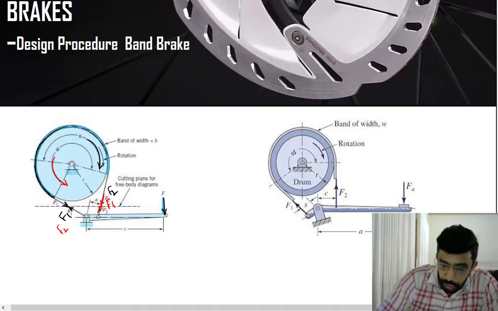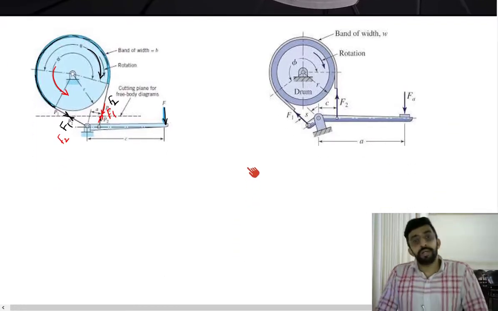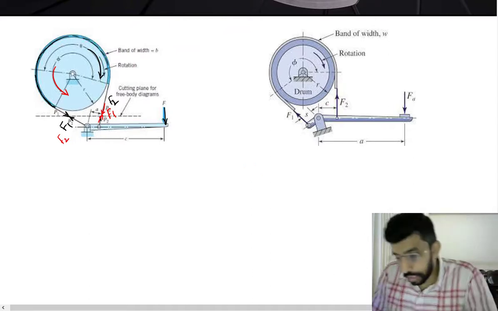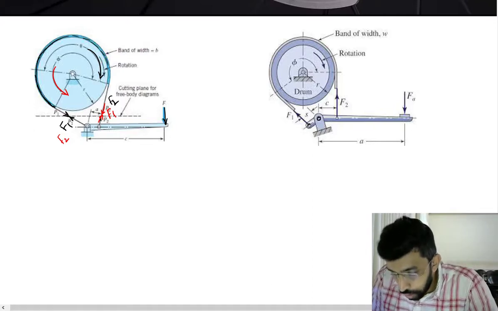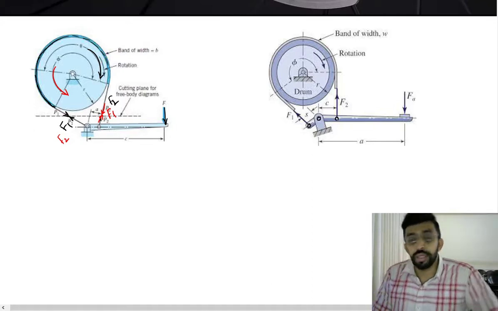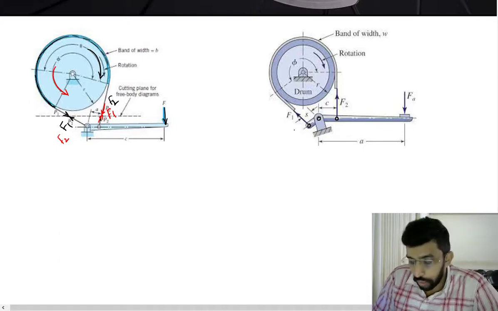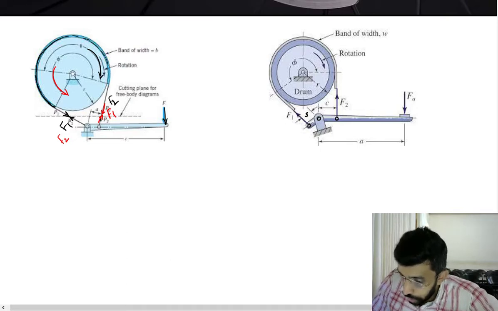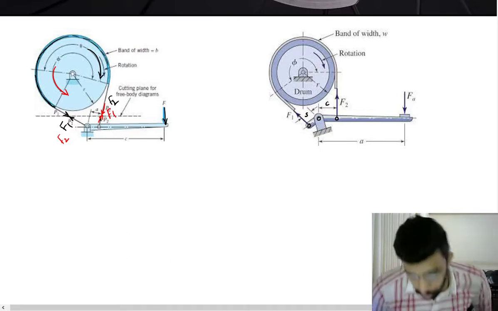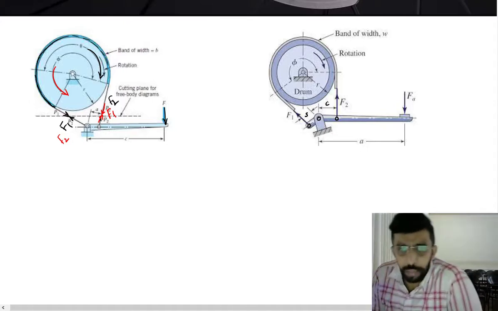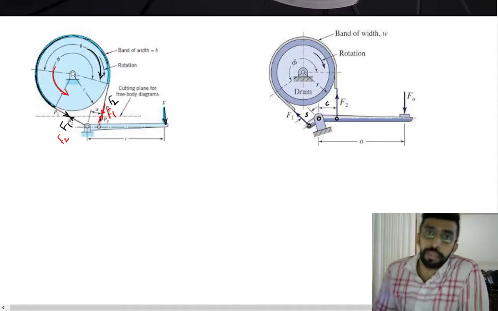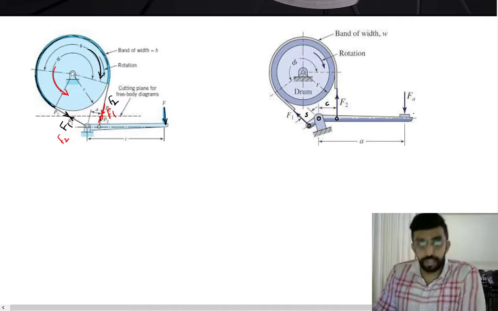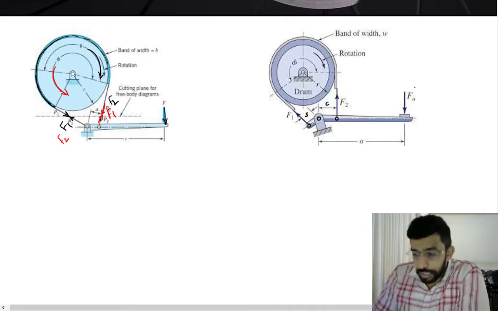And the main thing that you have to understand about the differential band brake is that none of the endpoints of the band are connected to the fulcrum. It is completely away from the fulcrum, and you have got two points, say S and C here. Here they have given A, B, any dimension you can use. In the data handbook they have used B and B1.